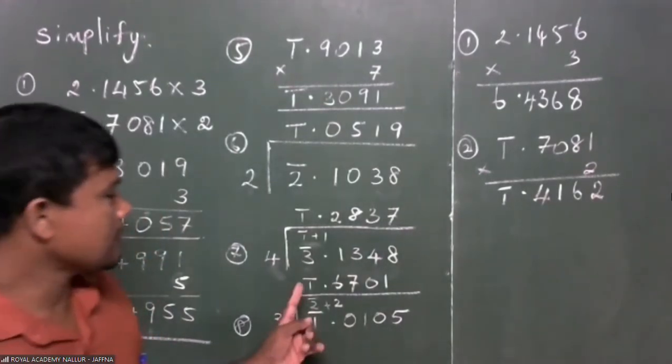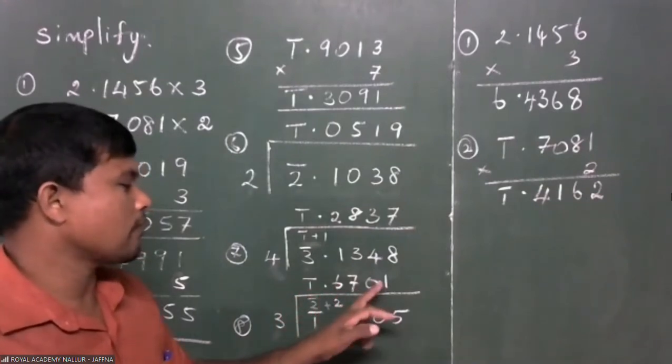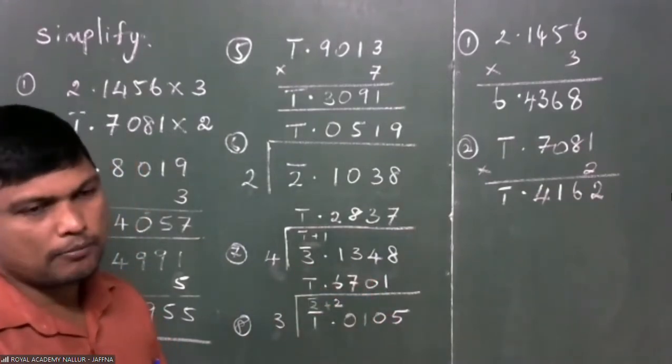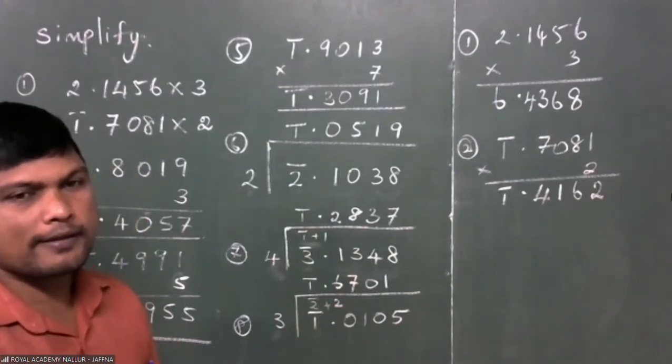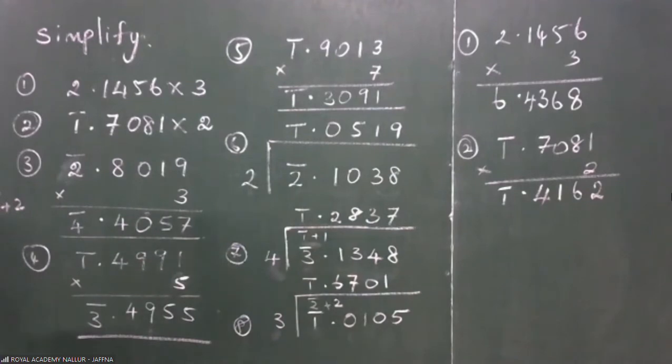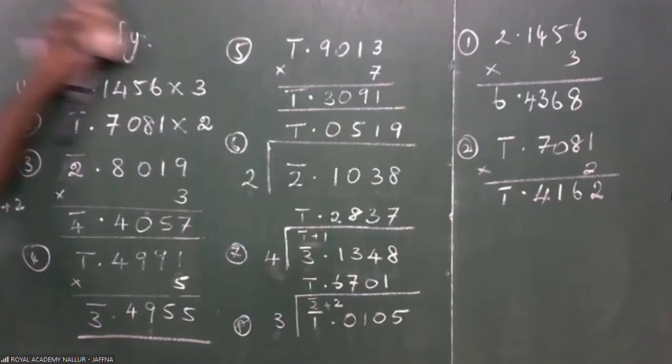So this answer is bar 1.6701. You can stop at the 4th decimal because in the logarithmic table also we use only 4 decimal places as mantissa. Right. So the basic simplifications using all 4 basic mathematical operations, we did up to now. Hereafter we are going to check how these simplifications help us when simplifying numbers using logarithmic tables. Okay, I clean this.